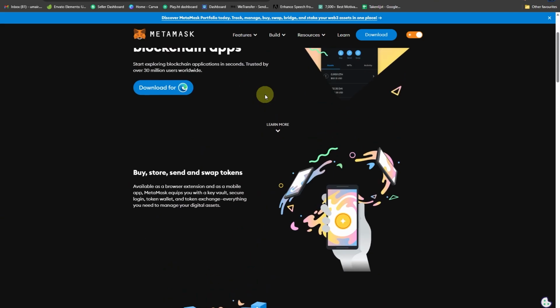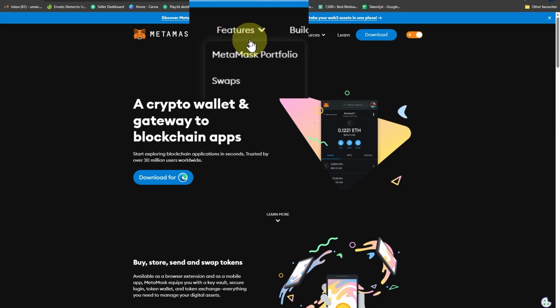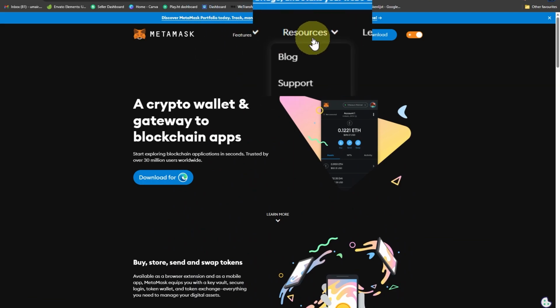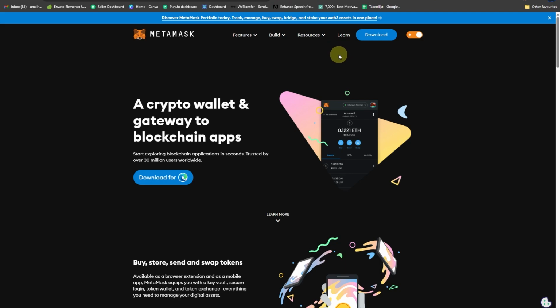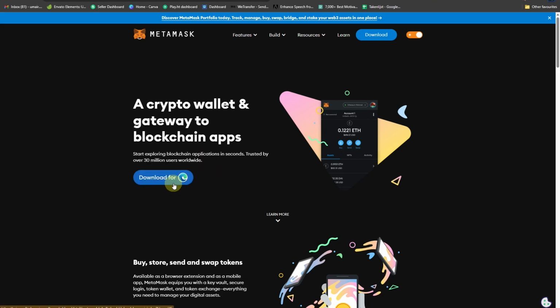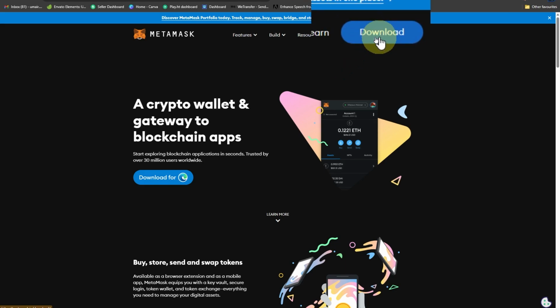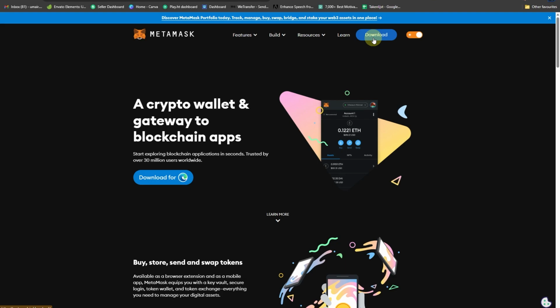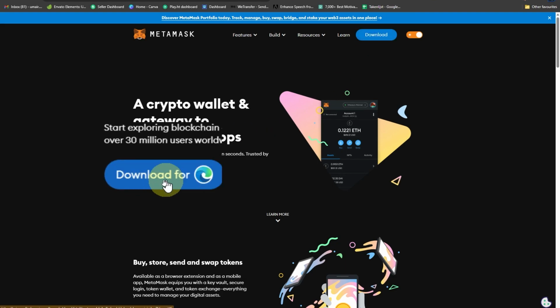You can just go through that, and you can also see the features, the build, resources, and other tabs as well. Since I'm using Microsoft Edge, it is giving me an option to download for Edge, and we also have this option to download on the top right side of your screen. You can click any of these download options. I'm going to be clicking on this download for Edge, and once you do,